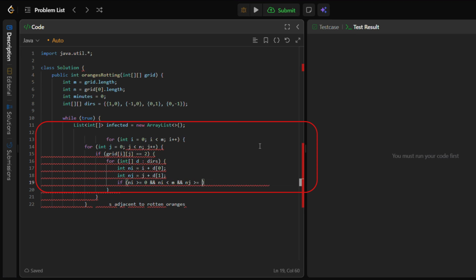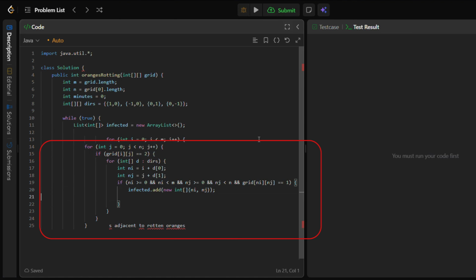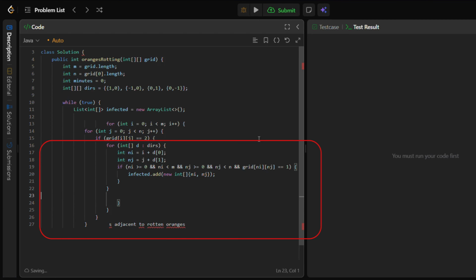Line highlighted: for int j equals 0, j less than n, j++, and inside that, we loop over every column. That lets us examine each cell. Line highlighted: if grid[i][j] equals 2. If the current cell contains a rotten orange, value 2, it can potentially infect neighbors. Line highlighted: for int[] d in dirs, we now check all 4 directions around that rotten orange using our